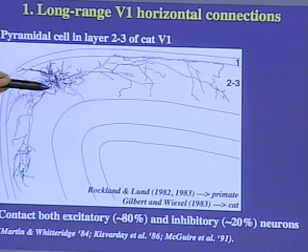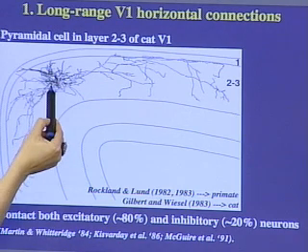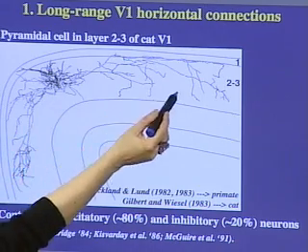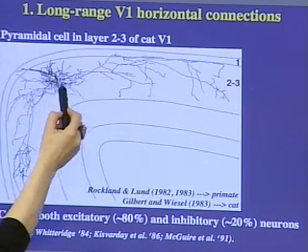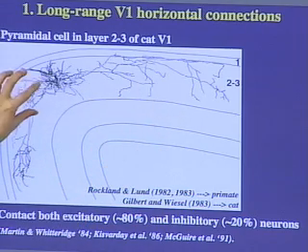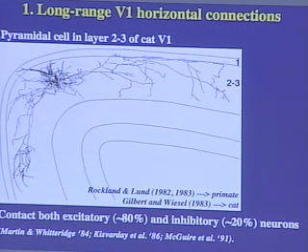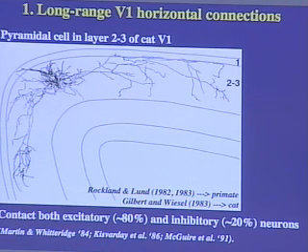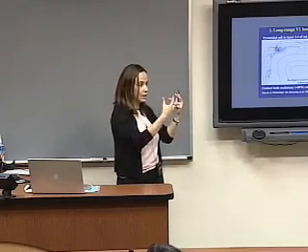So in layer 2-3, there are these cells that are called pyramidal neurons, or excitatory neurons, and in this specific case, this one is an individual neuron that was filled with a tracer, and all of its axonal arbor is filled. These travel within the same lamina, and you see they send these axon arbors that travel long distances, for millimeters within the cortex, and they arise from excitatory neurons, and they contact both excitatory and inhibitory neurons. So because they're long distance, they can convey information from distant regions of space, they were thought to play a role in these center-surround interactions.